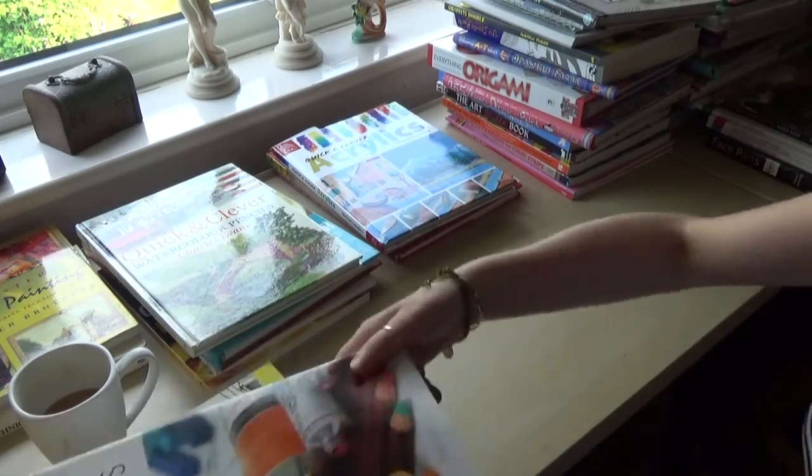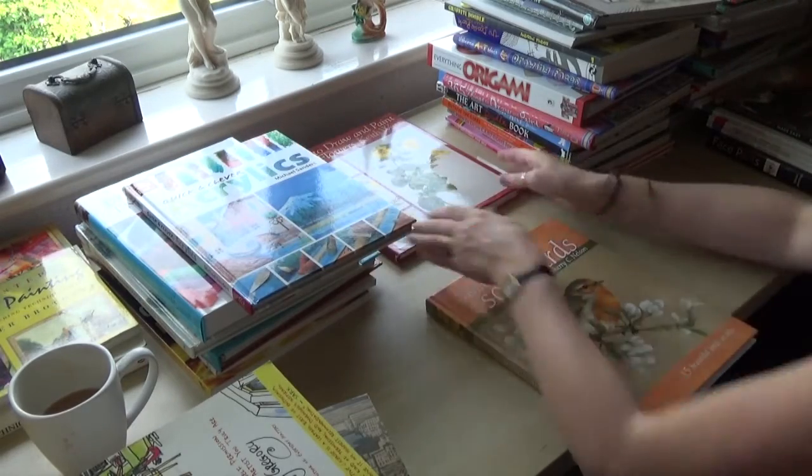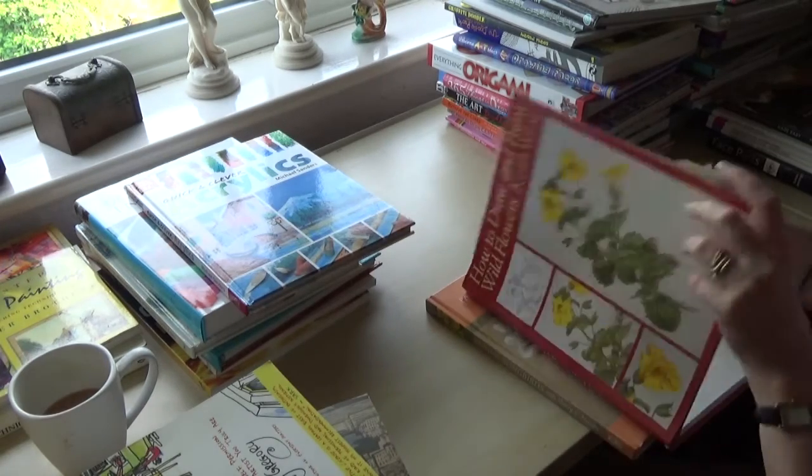Good book that. So then Quick and Clever Acrylics I was keeping. And then these 2 are reference books again, aren't they? How to Draw and Paint Wildflowers. What the...